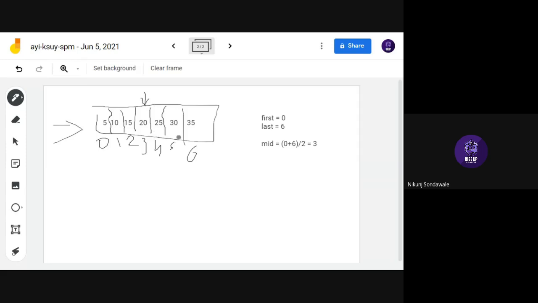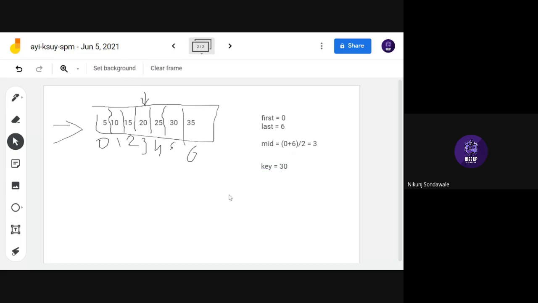And suppose the element you want to find in the array, the key, is 30.